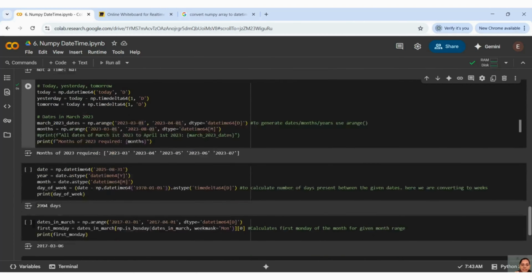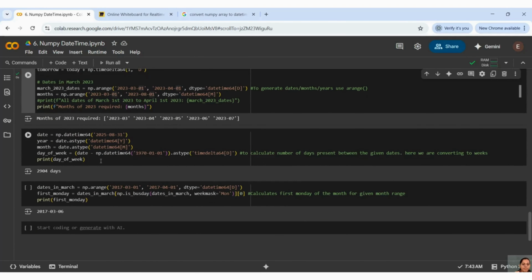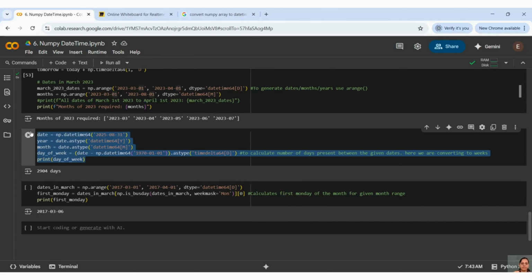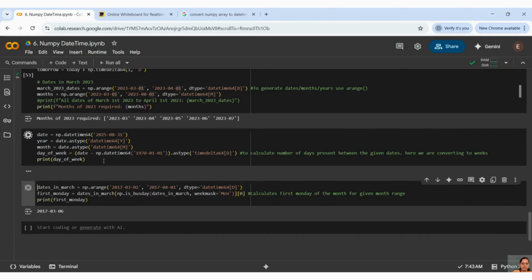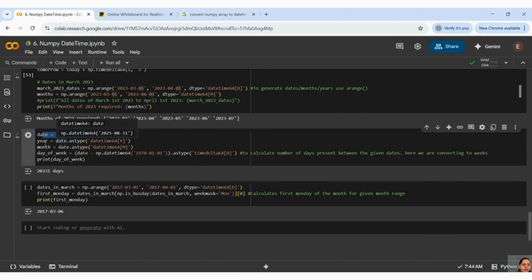Okay, now let us see another example which will tell me days of the week, how to calculate days of the week.